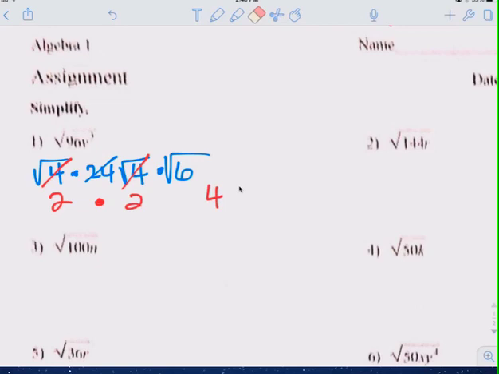I used 12 and then I continued it from there and I got the wrong answer. Yeah, because you didn't use a perfect square. So be careful, use a perfect square. And v squared is